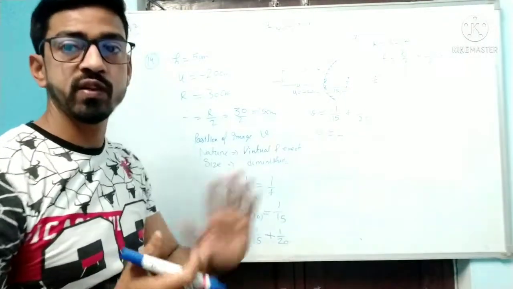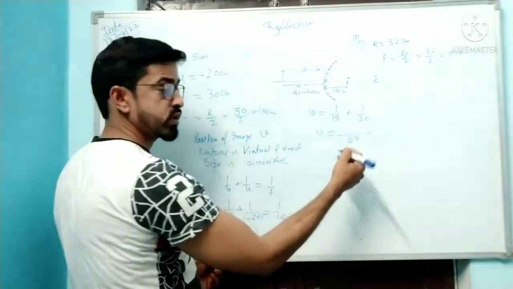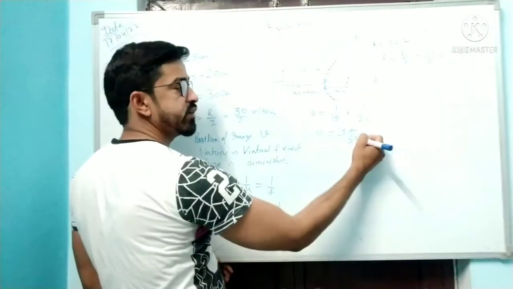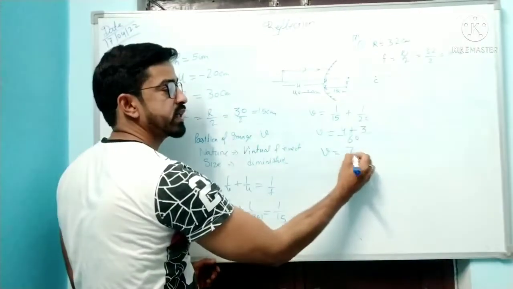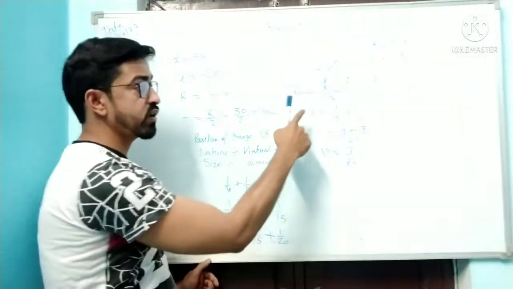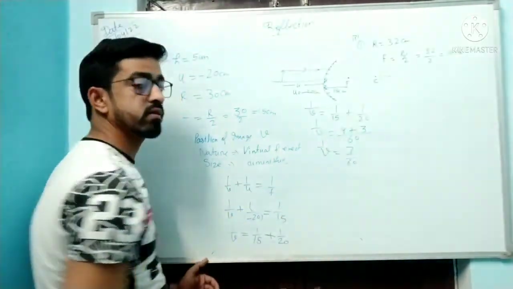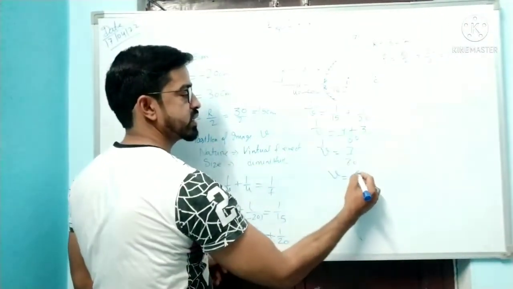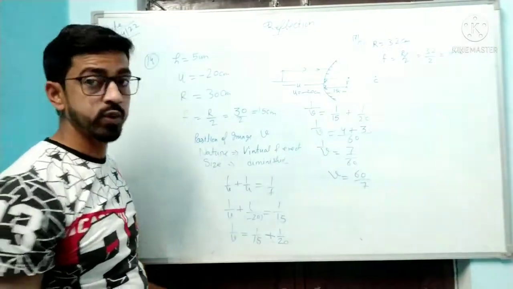In which table 15 and 20 come, like in 60. 15 4s are 60, so write 4 here because one numerator is there. 20 3s are 60, so 3 is there. Okay, so 1 upon V is equal to 7 by 60. What are we missing here? 1 upon V. Lots of students make this mistake: 1 upon V, 1 upon V. Okay, now flip this reciprocally. V is equal to 60 upon 7 after cross multiply.